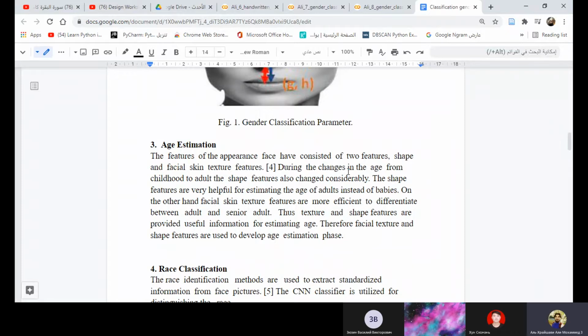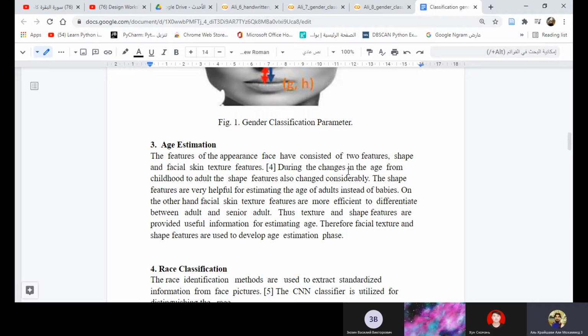Now talking about age estimation, the features of the human face consist of two features, shape and facial skin texture features. In the change of age from childhood to adult, the shape features also change considerably. The shape features are very helpful for estimating the age of adults instead of babies.